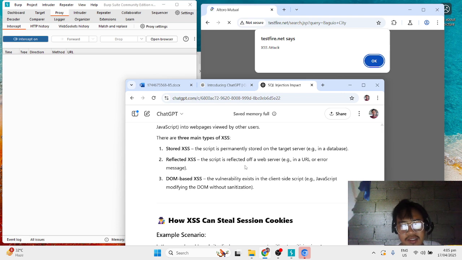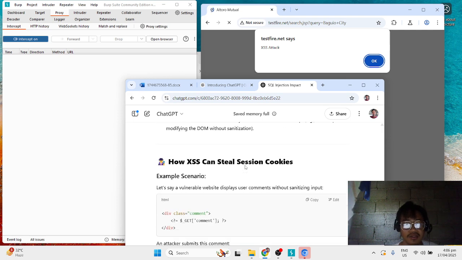The first one is stored XSS. So this script is permanently stored on the target server, so in a database. So reflected XSS, the script is reflected off a web server URL or error messages. DOM-based XSS, the vulnerability exists in the client-side script JavaScript, modifying the DOM without sanitation.